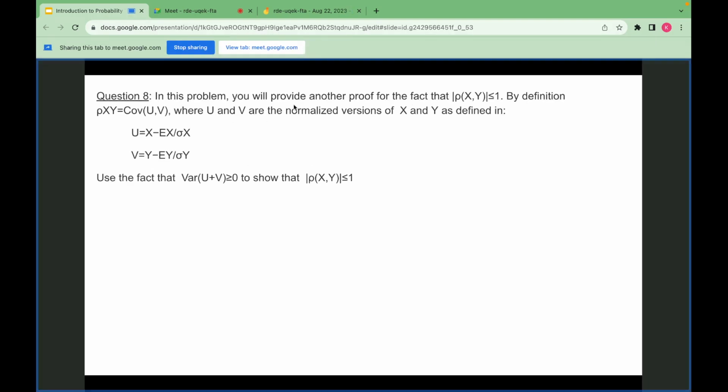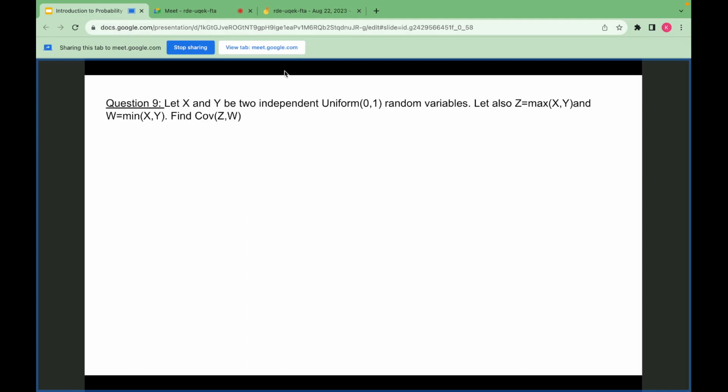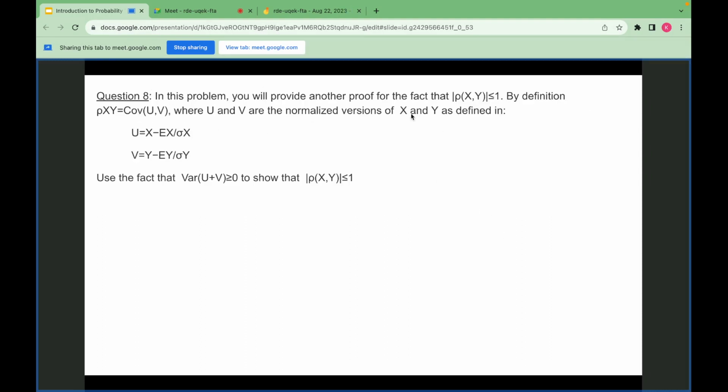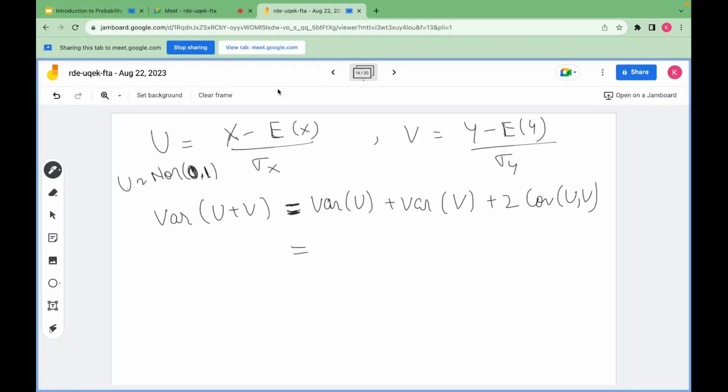In the question it is given that u and v are normalized versions of x and y, as u is x minus expectation of x upon sigma x and v is y minus expectation of y upon sigma y. So this gives us that,